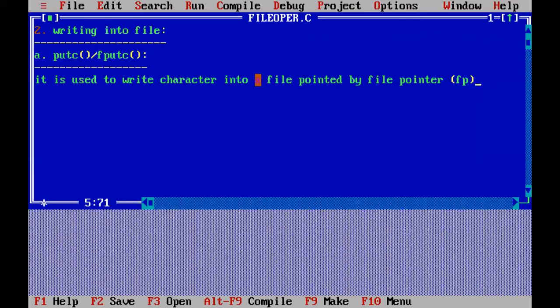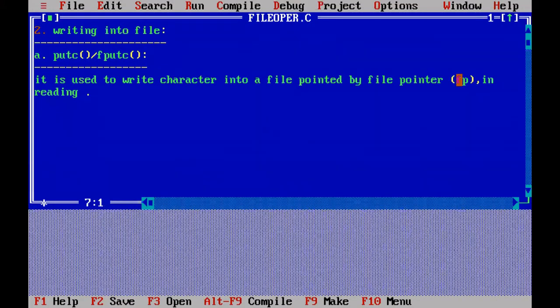So what is the fputc or putc function doing? It is used to write one character, only one character at a time, into the file. Into which file? The file which is pointed to by the file pointer created in step 1. That is the main intention of the fputc or putc function. Now when it is going to read, it reads when the file is opened in reading mode. So when the file is opened in reading mode, the function will read one character.